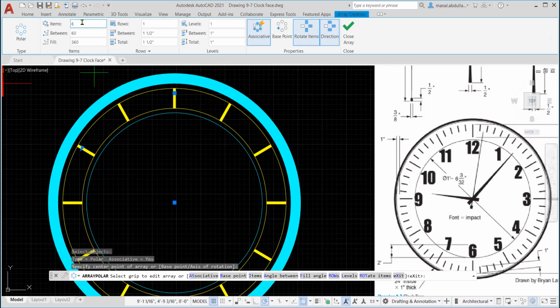Now, the items here, I need to have 6 items, but the fill, I just need to fill that part, okay? And since this is 90 divided by 3 is 30, so the degree here is 30. So I'm going to make this 30, okay? I got here